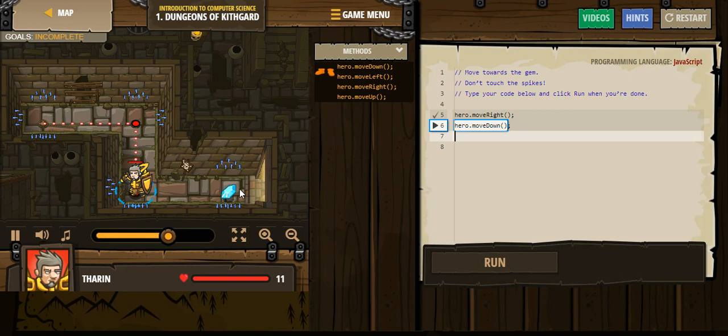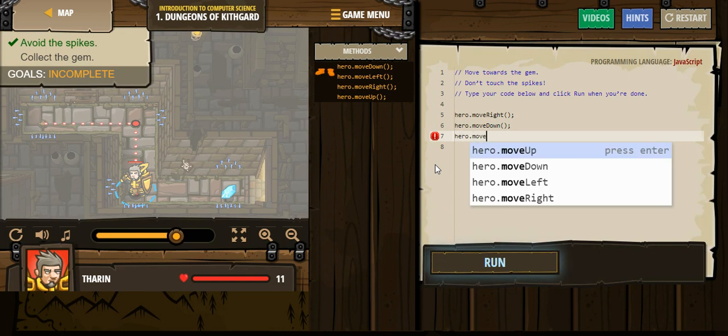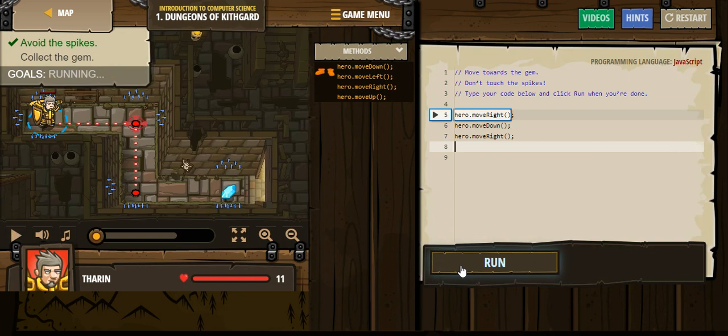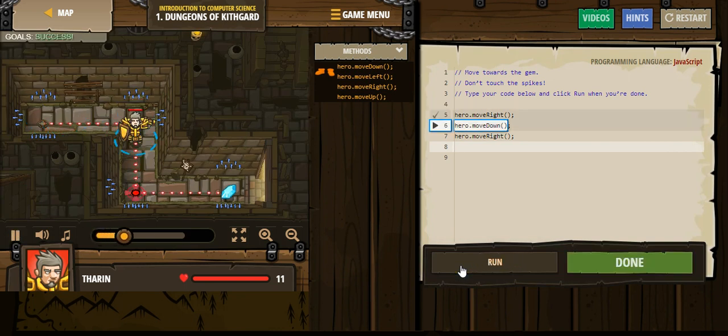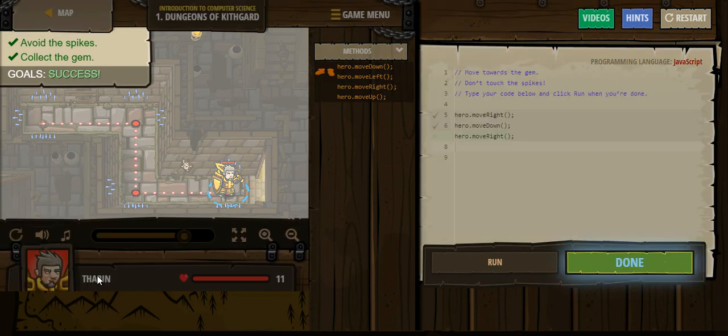I see that I'm still missing another step. So hero again, move where? To the right this time. Then I will click on run. Very well, we just completed our first one. If you take a look right here,